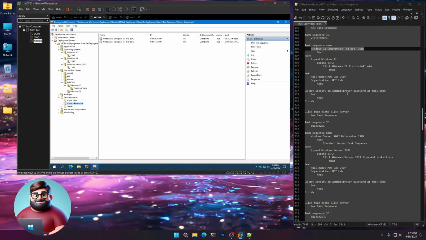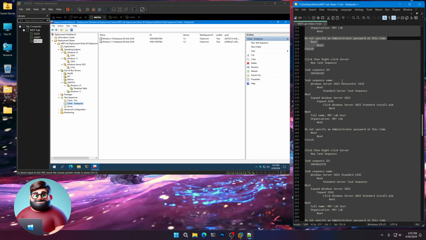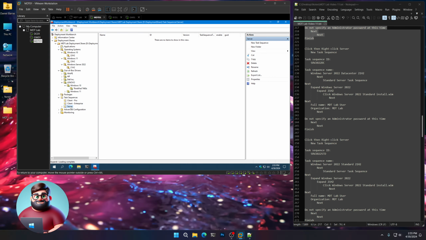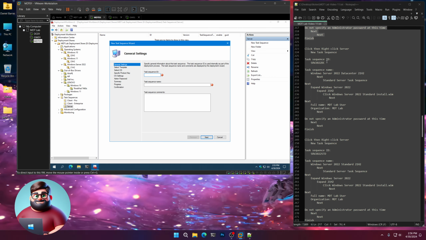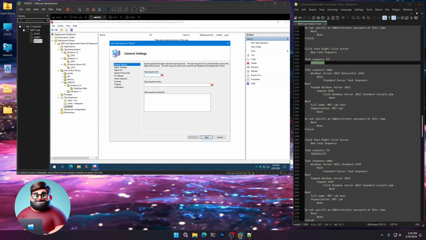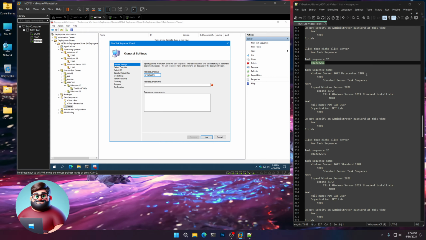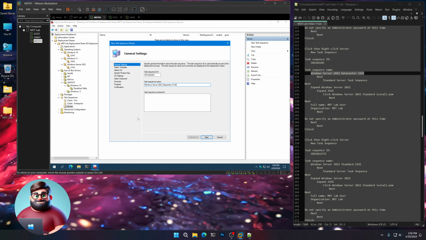Okay, we've got now all of our client installs, and now we're going to go to our server. So let's click here on server, then right click, new task sequence. This one we're going to call Server 2022 DC for Datacenter. Okay, we're going to copy here, paste,